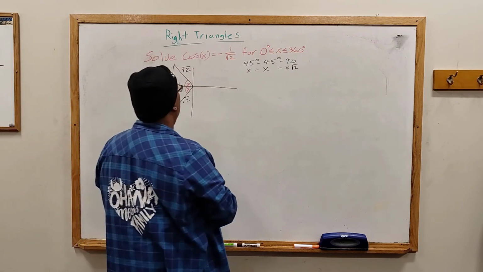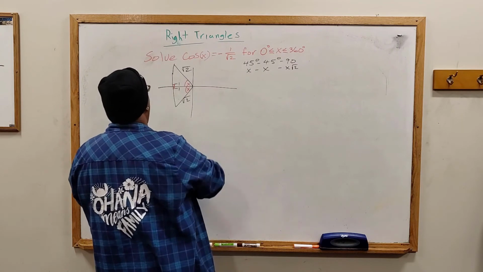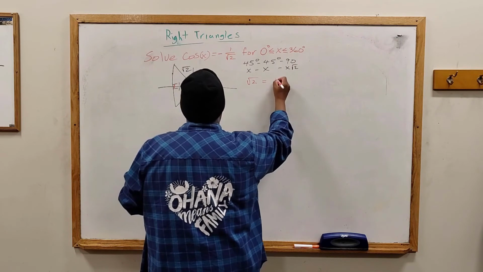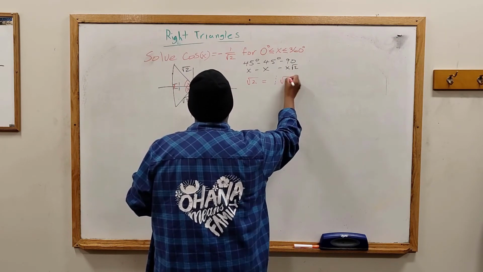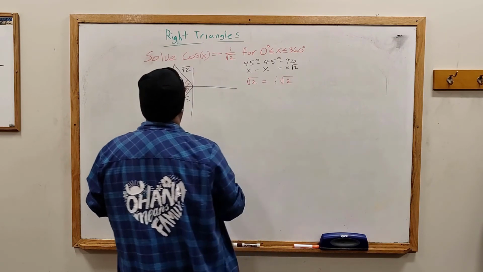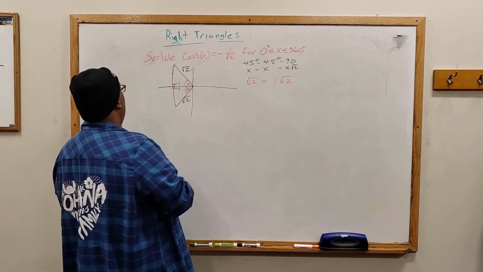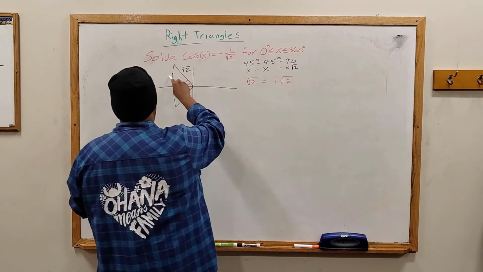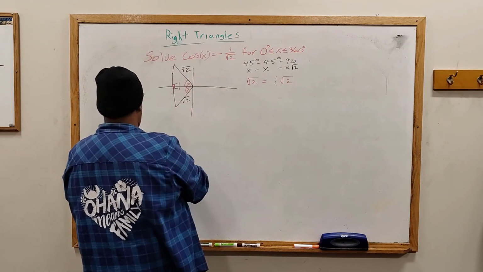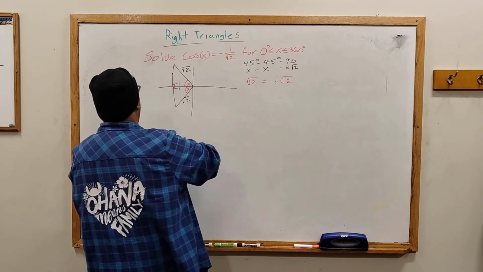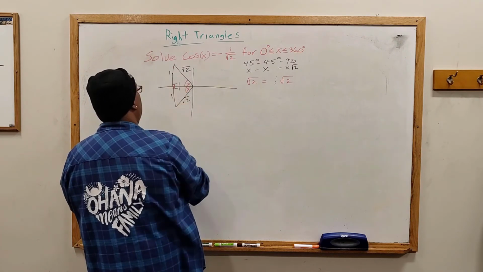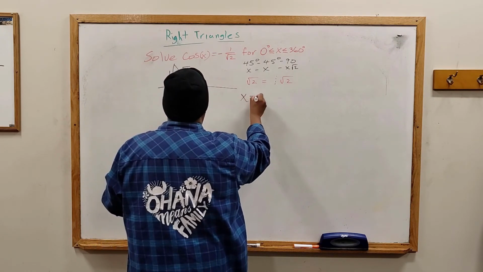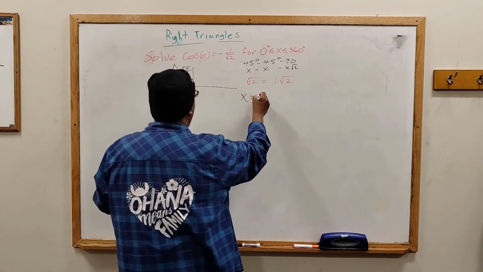And if we have square root of 2, square root of 2 is the same as 1 times square root of 2. So that means my x is 1. Here, this side would be 1, so that means this side was 1, and this is -1. So this is 1, this is 1, and x, the angle, has to be 45 degrees,